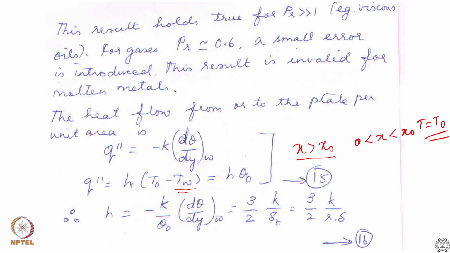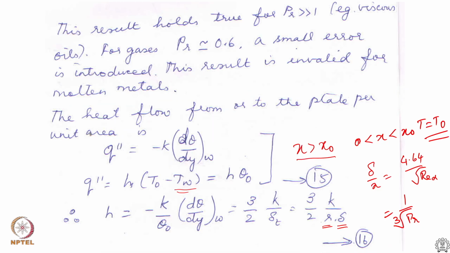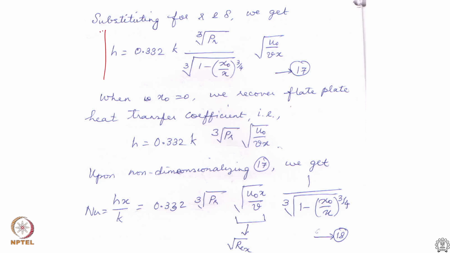So, substituting the profile and calculating, we get an expression for the heat transfer coefficient as 3 by 2 K divided by R and delta. Delta we already discussed previously: delta by x was equal to 4.64 by square root of Re x. R we just got in the previous expression; R was the cubic root of the Prandtl number raised to the power 1 by 3. Using these two expressions, we end up getting a nice expression